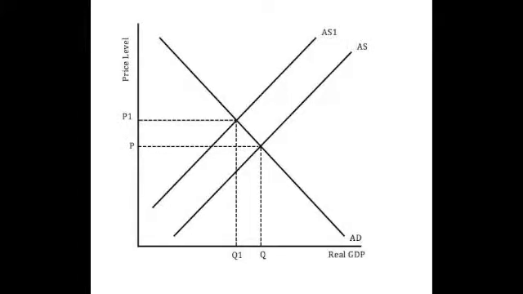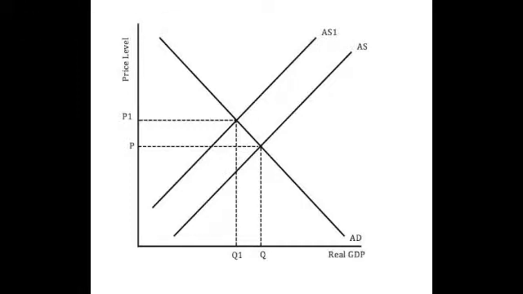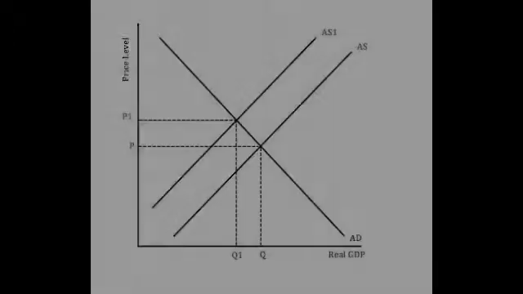As a result, the aggregate supply curve will shift from AS to AS1. The new equilibrium point will push the prices up from P to P1, leading to high rates of inflation. This type of inflation is known as cost-push inflation. Also, economic growth may be lower due to the protectionist measures, as we can see that the GDP goes down from Q to Q1. As a result of the absence of growth, there will be a lack of job creation.